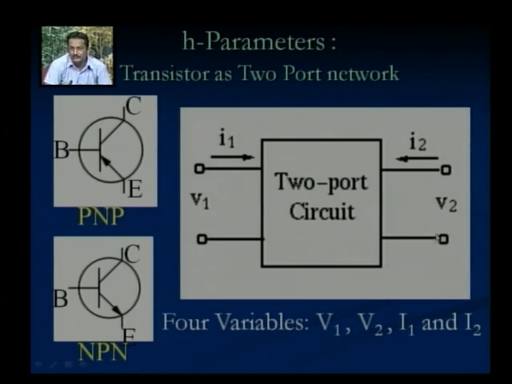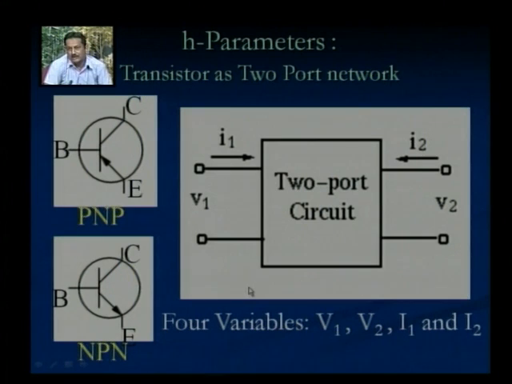So this is one port of the network, and this is the other port of the network. A two-port network is like this, and we consider it exactly like this. One more thing: the common terminal here can be either the emitter, the base, or the collector. We are not sure right now what is inside it, and we don't need to worry about it. We just keep one of the terminals common like this, either emitter, collector, or base, and likewise for the remaining two.